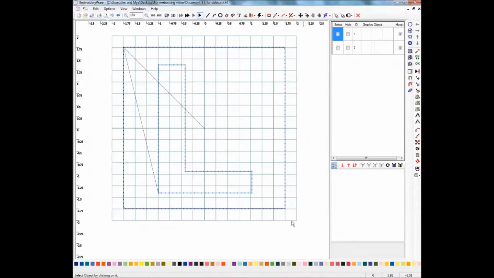Hello and welcome to my video on creating an embossed style design in EmbroideryWare. I already have EmbroideryWare open on my screen and I've already created a square and I've imported the letter L